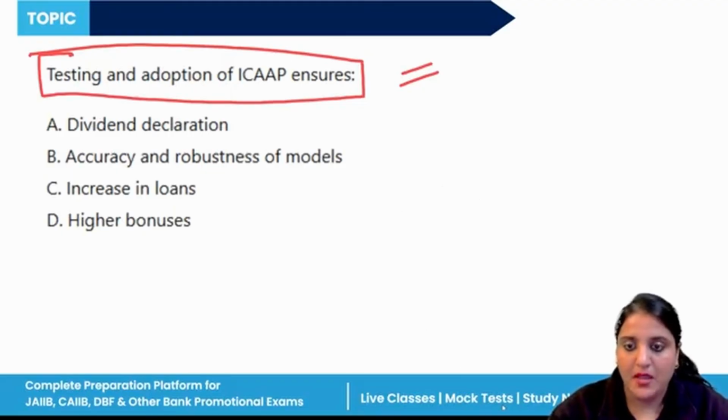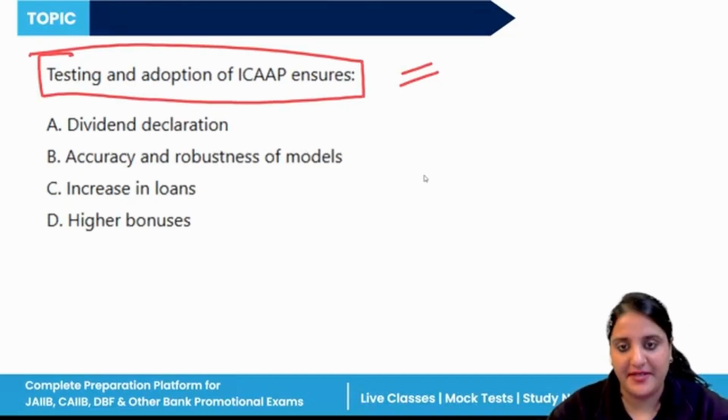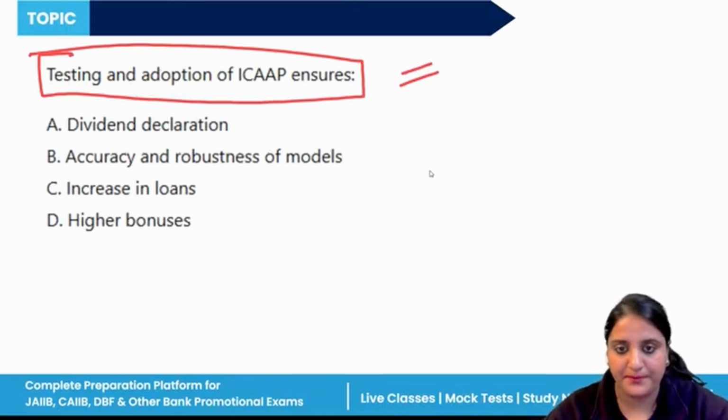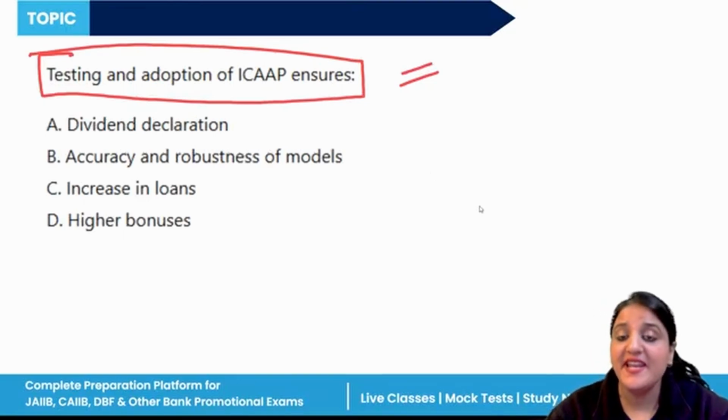We know that before presenting ICAAP to the RBI, internal audit tests the models, calculations, and assumptions. That will ensure reliability, right? Because it includes validation of the model, control processes, and the internal challenge process. So testing and adoption of ICAAP means there should be